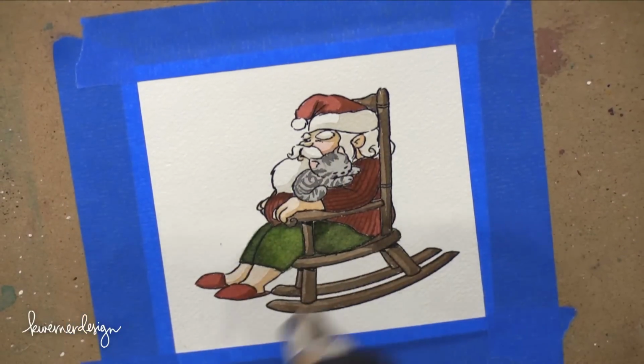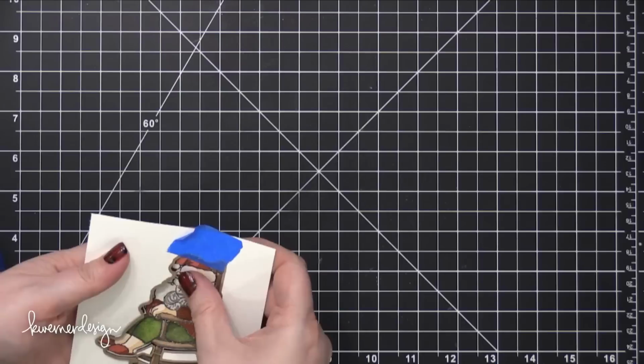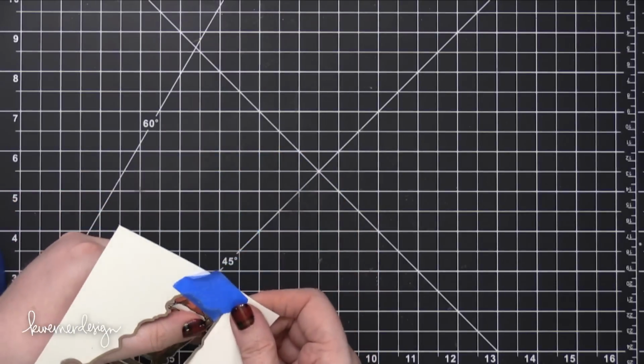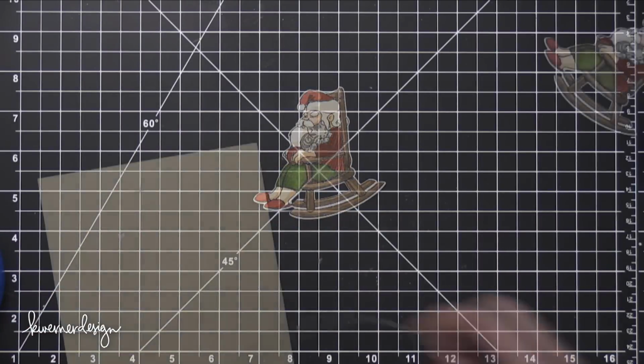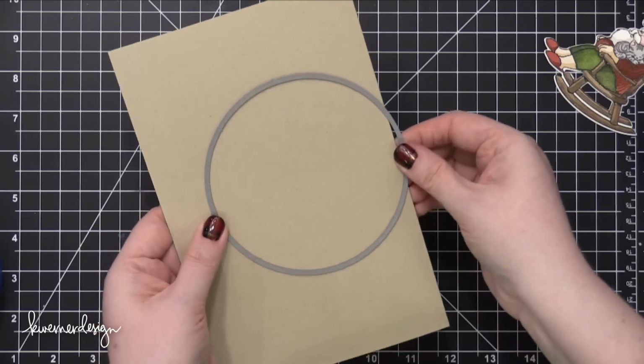So after I was done with painting, I used my heat tool to quickly dry my project. You could definitely let that air dry if you'd like. And then I used that die that came with the set to cut out the shape using my Big Shot. So I'm going to be creating a circle card today, so I folded some craft cardstock